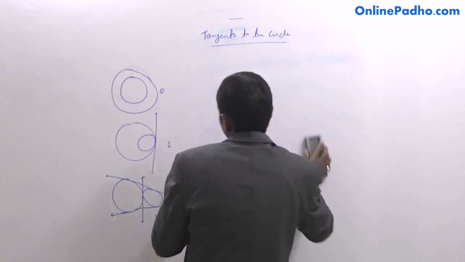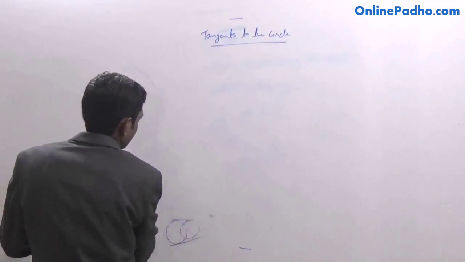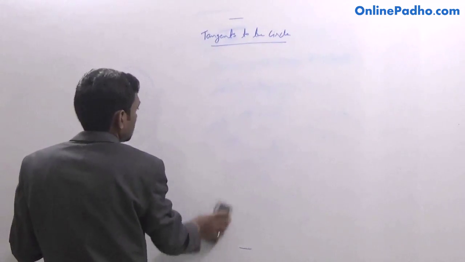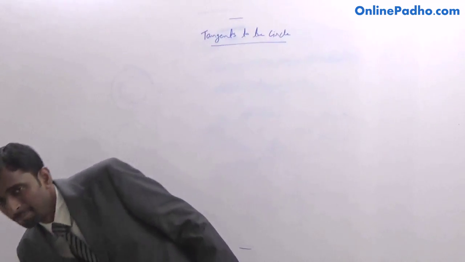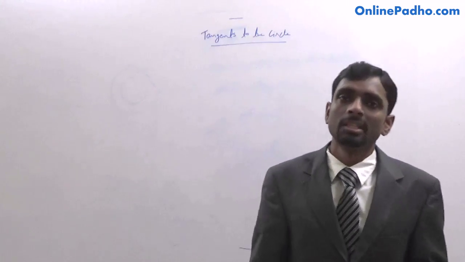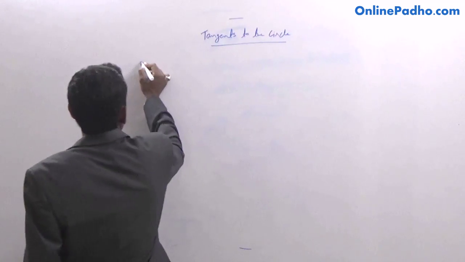Now we will discuss some theorems related to the tangent to the circle. We have some very important theorems. We have only two theorems in this chapter. You know, in class 9th you have many theorems on circles, but in class 10th we have only two theorems. Theorem 1,